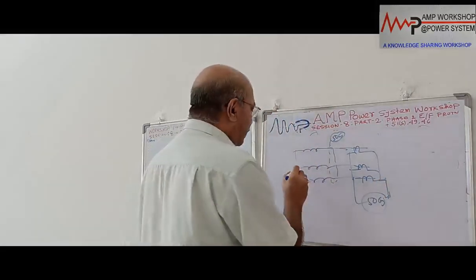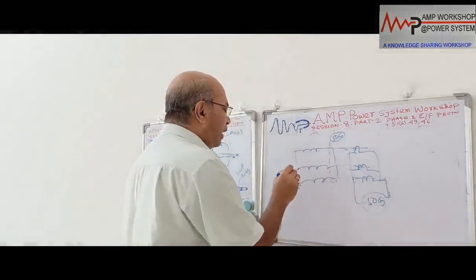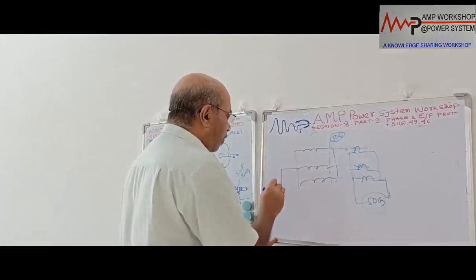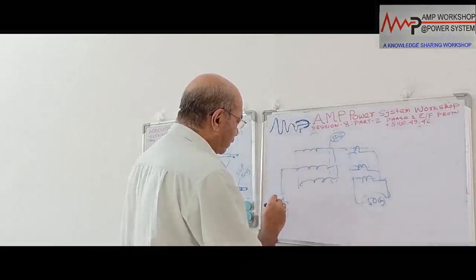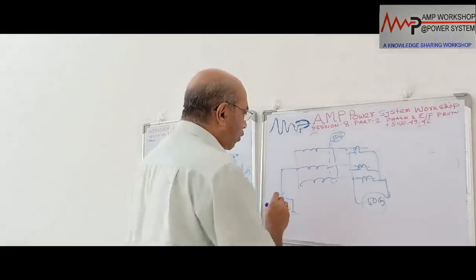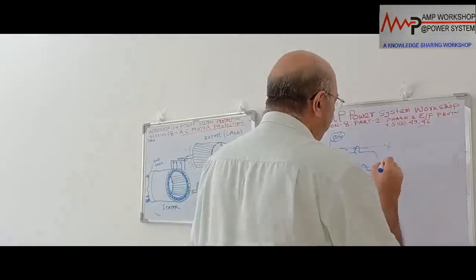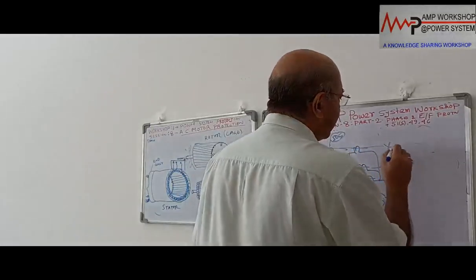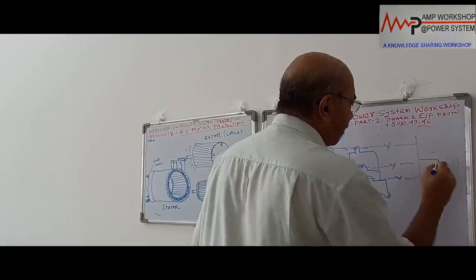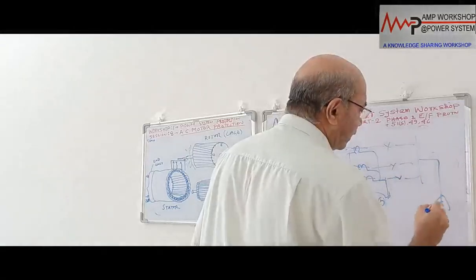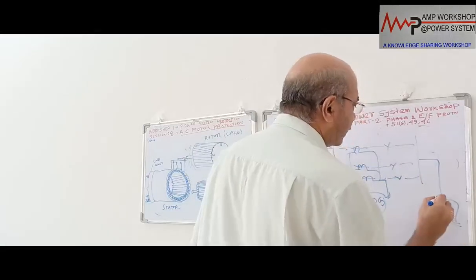In that case, if the fault current is very high, this is coming from a system where the transformer is solidly grounded. Sorry, it is not here, it is on this side. So this is a breaker and this is the incoming system, and this system has a transformer. This is a star connected transformer, solidly earthed, giving power.